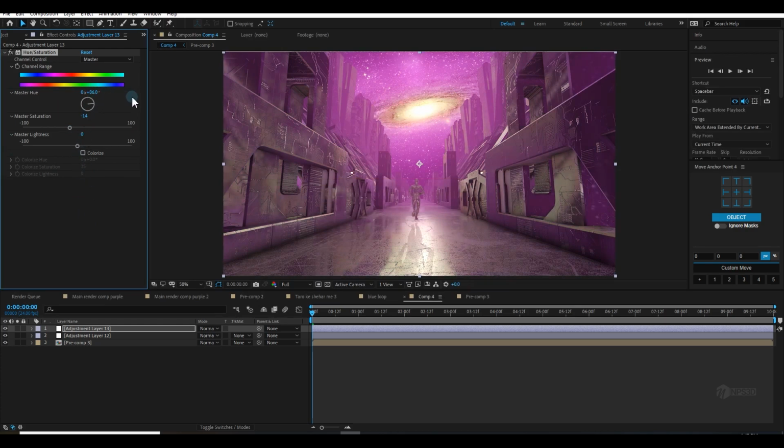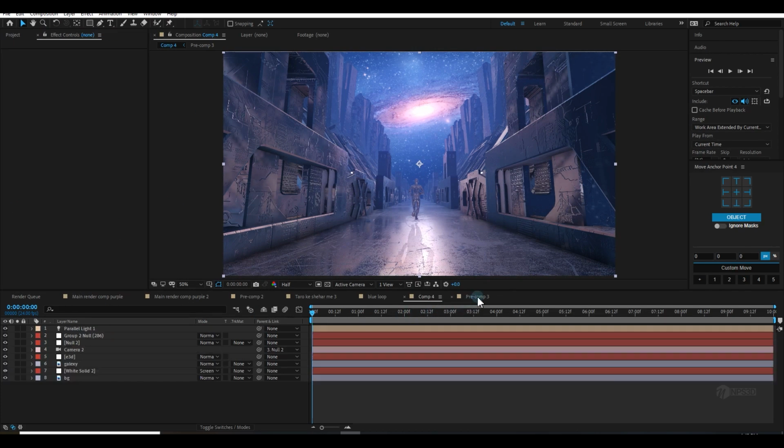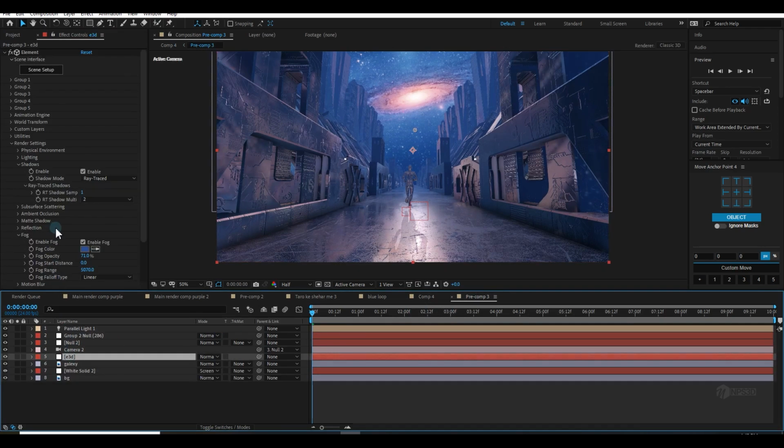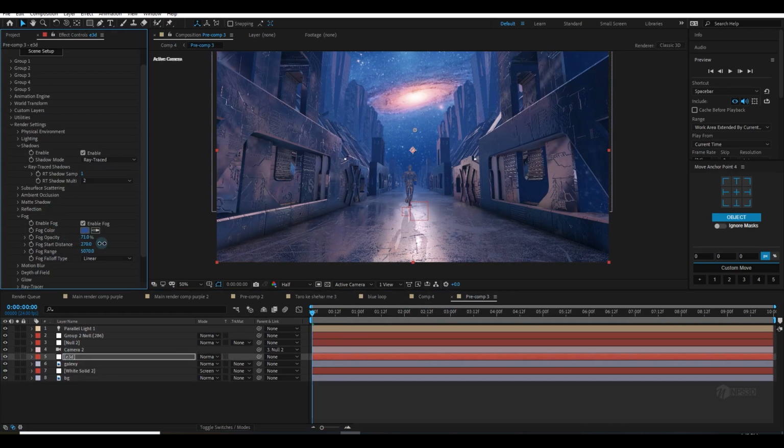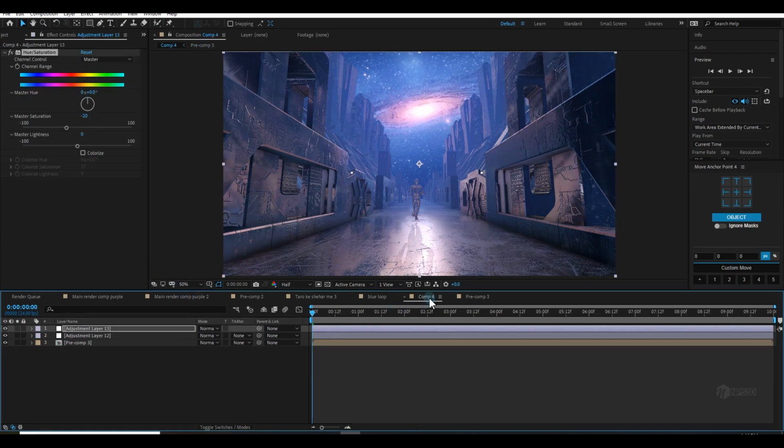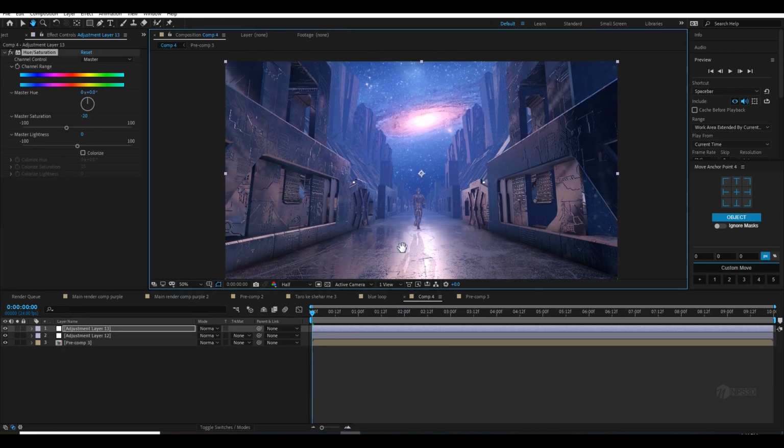You can also rotate it to make it something different from the universe, but this by default looks good. Let me go to the pre-comp 3 Element3D, and let me increase the start distance. This looks better than before,